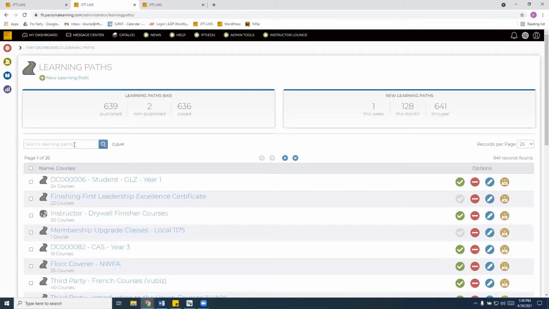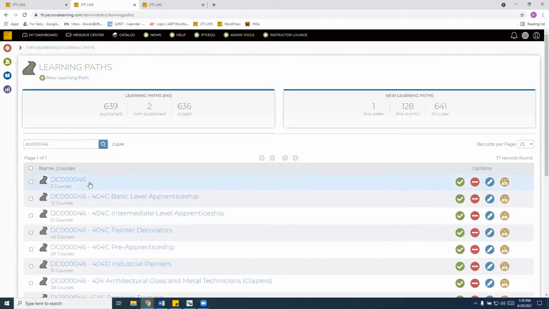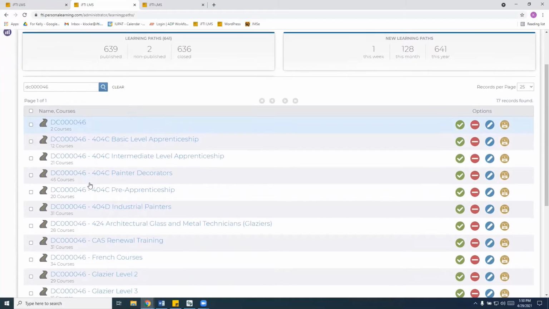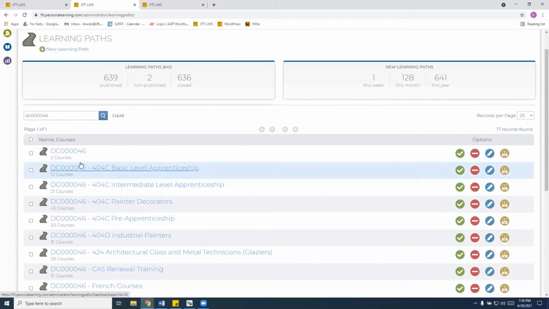For this case, we're going to look at DC 46. As you search DC 46, you'll see there are several different learning paths here. They'll all be listed based on the criteria that you enter. We'll look at the basic level apprenticeship.